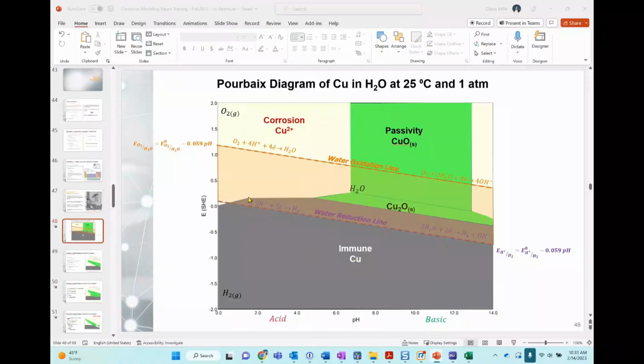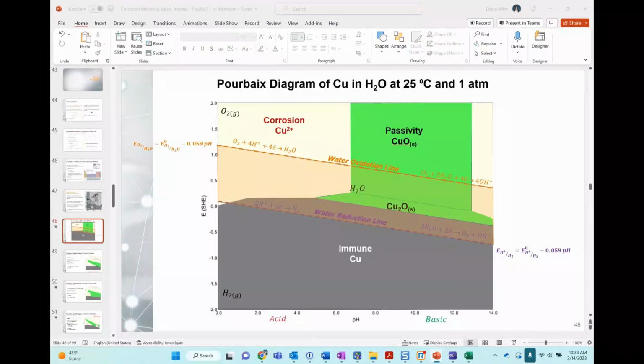And also notice that this is a reaction that is not a function of pH. The reaction happens at a specific potential because it requires electrons, but it's not a function of the pH. Okay, so that is what's happening here. This is a trouble area where we are having electrochemical reactions because we are corroding the system.